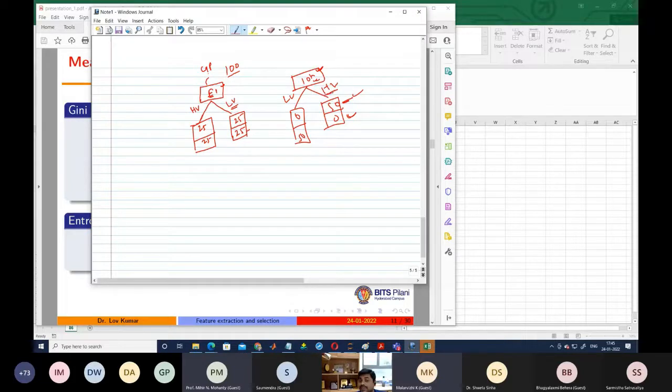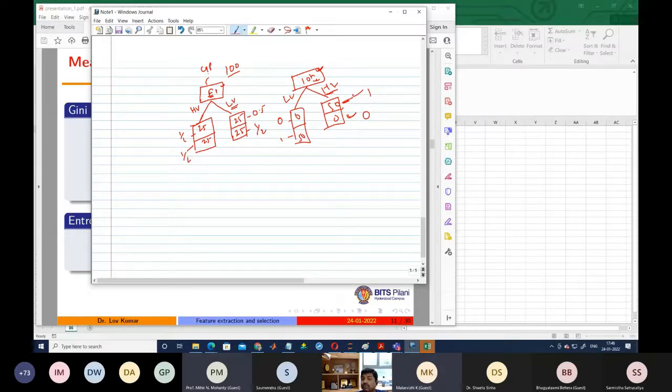If the 10th marks is high, what is the probability that the student is getting a job? 1, and what is the probability that is 0? Here we are going to write 0, and this is 1. If we are going for this one, we are going to write 0.5, or you can also write 1 by 2, 1 by 2, 1 by 2. Basically, we are calculating the probability value.